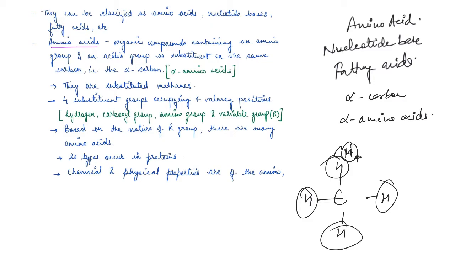And four substituent groups occupy four valency positions. So basically there's one hydrogen, one carboxyl group, and one amino group. And then there is a variable group which is denoted by R. So if I have to talk about the amino acid, it will be something like